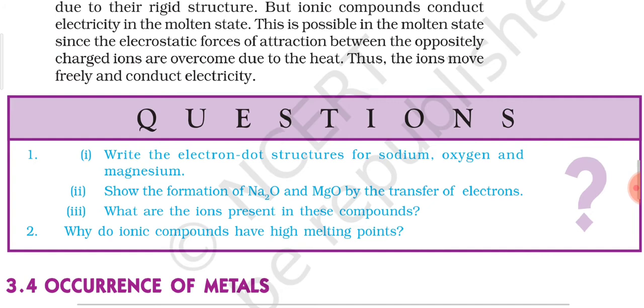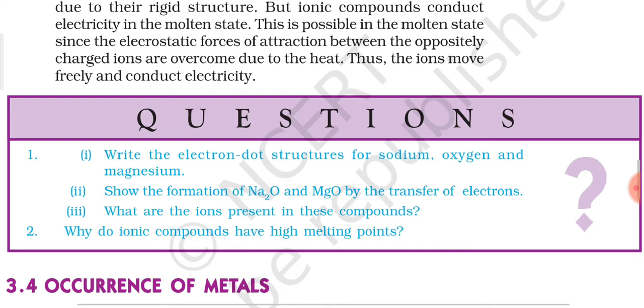We know that positive charge and negative charge attract each other. So here also, the positive charge, which is the cation, and the negative charge, which is the anion, are attracted, or an electrostatic force of attraction is acting between them. The nature of this electrostatic force of attraction is very strong. That means the force of attraction which binds a positive ion and a negative ion in an ionic compound is very strong, and that is the reason the melting point of ionic compounds is very high. Because we know melting means a solid gets converted into a liquid.